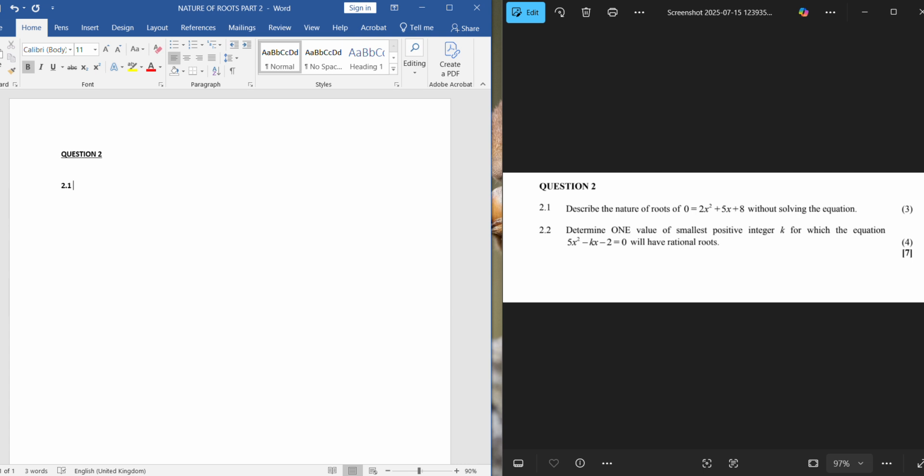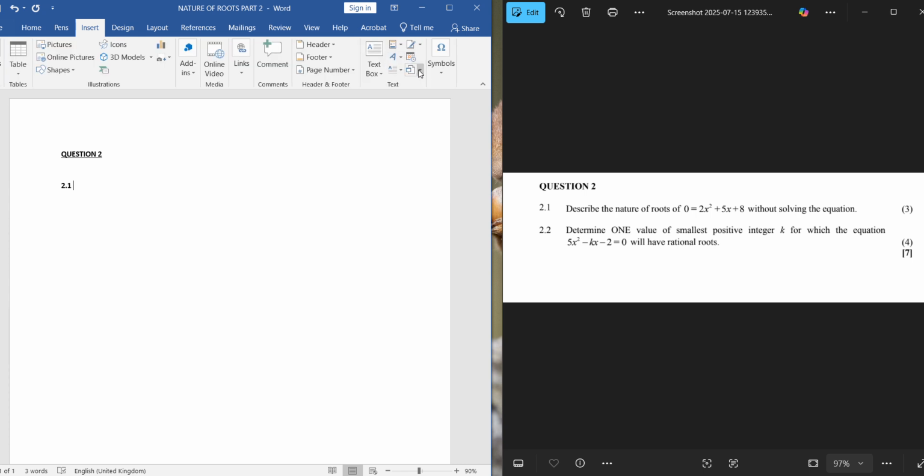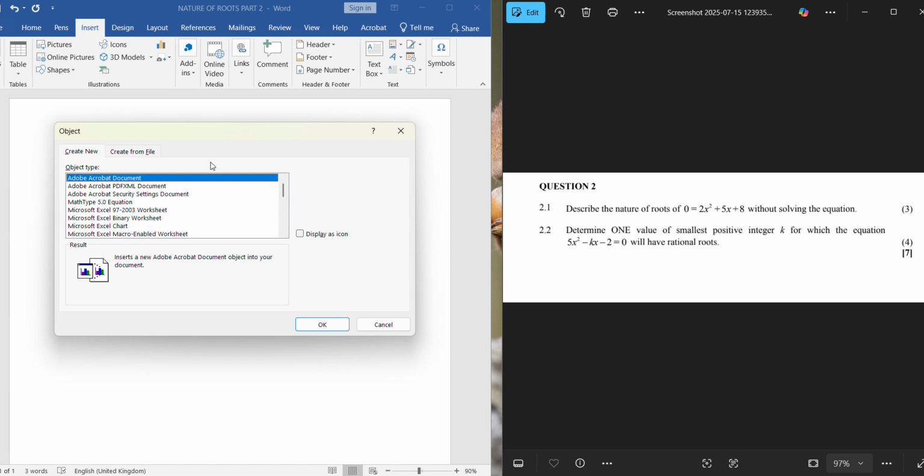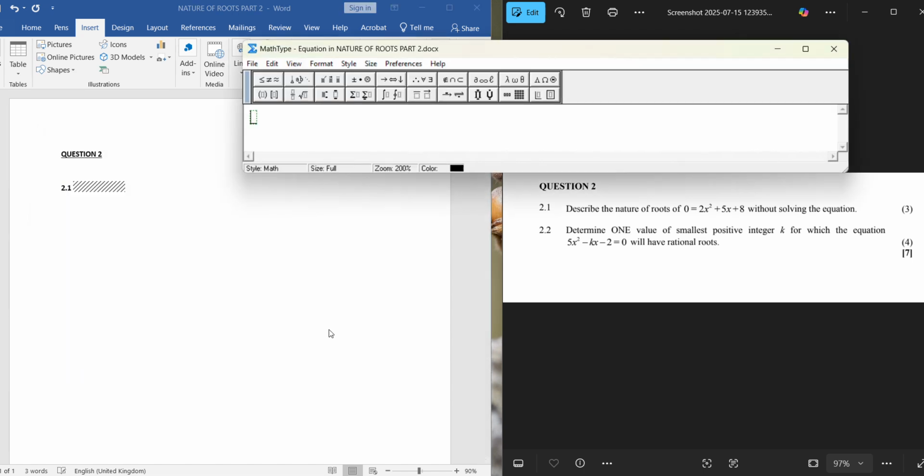Now, how do we describe the nature of roots? You can't describe the nature of roots without first determining the value of the discriminant. What is the discriminant? The discriminant is delta. How then do we get the value of delta? Let us first write the formula that defines the discriminant. The formula says delta, which is the discriminant,